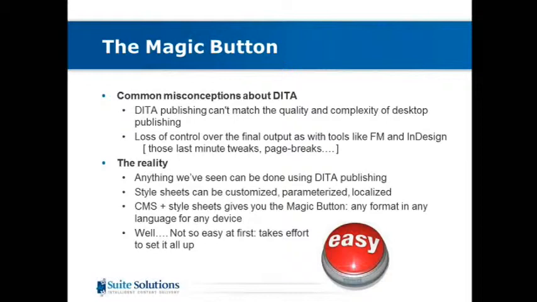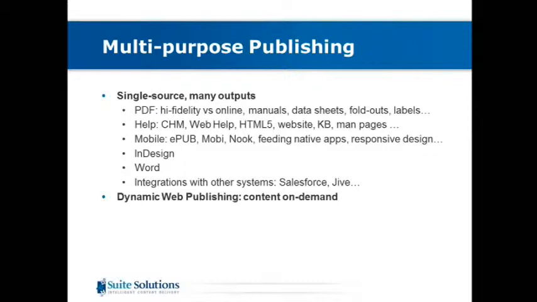So when you talk about multi-purpose publishing, we're talking about single sourcing, many outputs, whether we're talking about PDF, high fidelity, or for print versus online, data sheets, foldouts, all kinds of different types of PDF outputs. We're talking about online help, whether it be HTML help or web help, the newer HTML5 formats for your websites, pushing out content to your knowledge base, the old style man pages for Unix or Linux. We're talking about